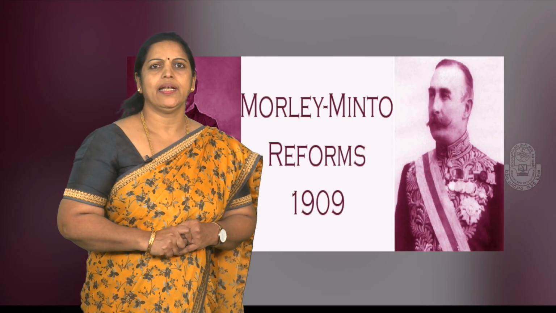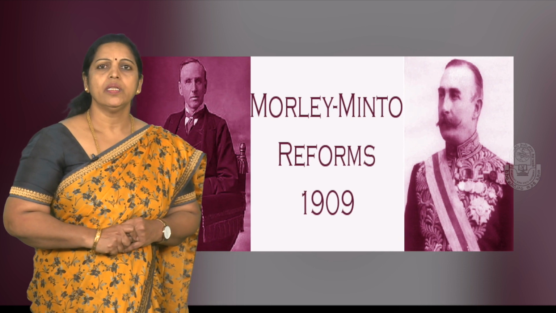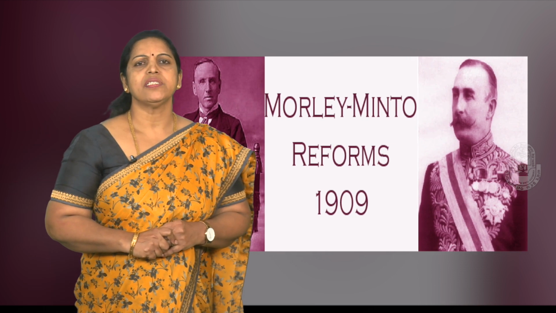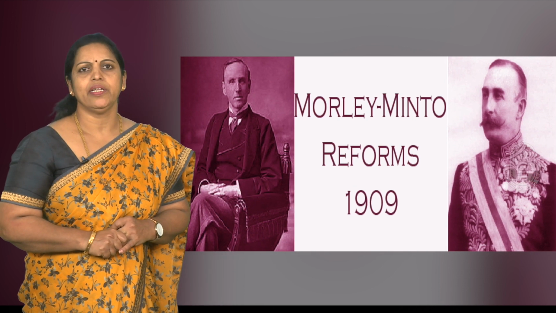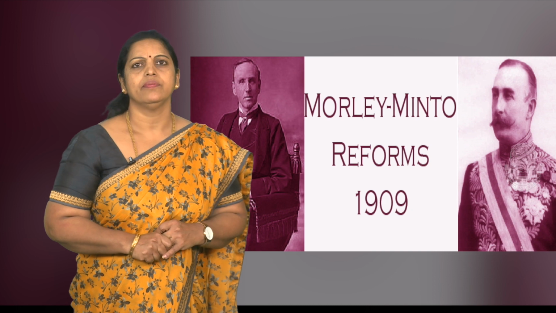Previous acts and reforms did not meet the political aspirations of the Indians. Therefore, Parliamentary Reforms 1909 was introduced to increase the representation of Indians in the government of India. First, in 1906, the Indian National Congress demanded representation of Indians in the civil service and also for self-government. In addition to that, an elite group of Muslims demanded a separate electorate for the Muslims.